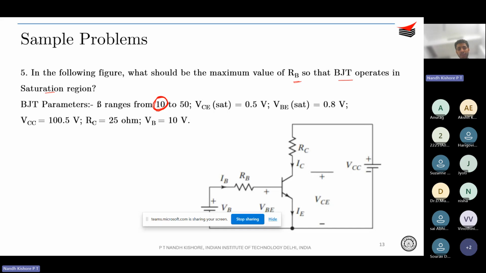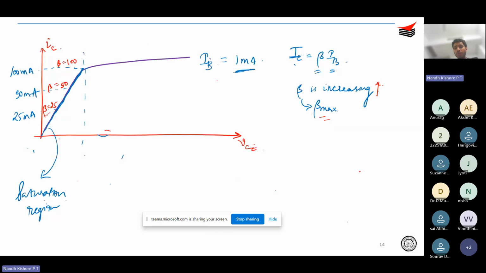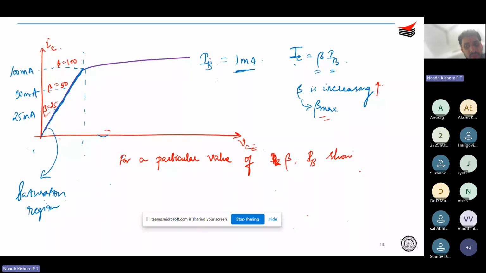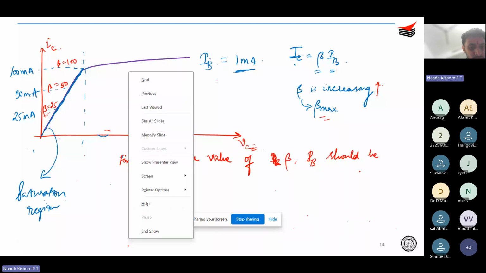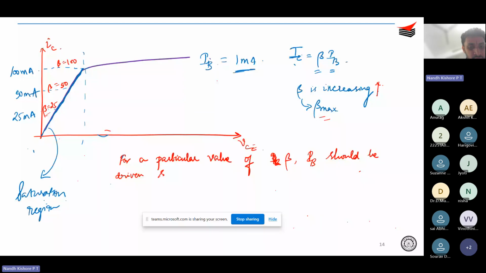Or conversely, you can also tell that for beta equal to 10, your IB should be so low that the BJT does not go to saturation. Okay, let me write it. For a particular value of beta, IB should be driven sufficiently low